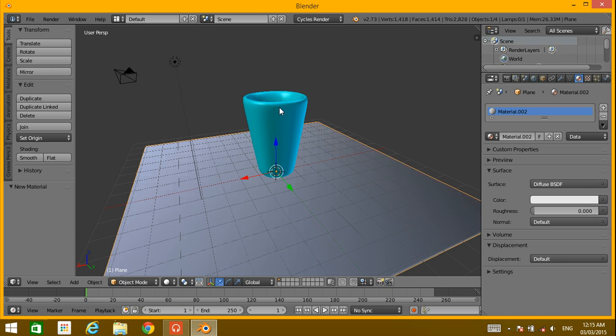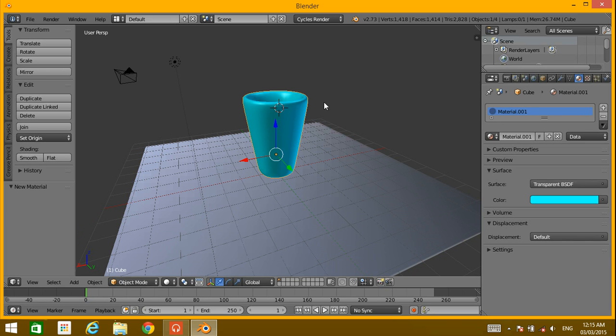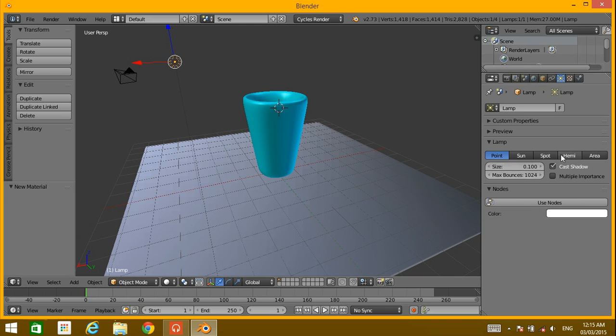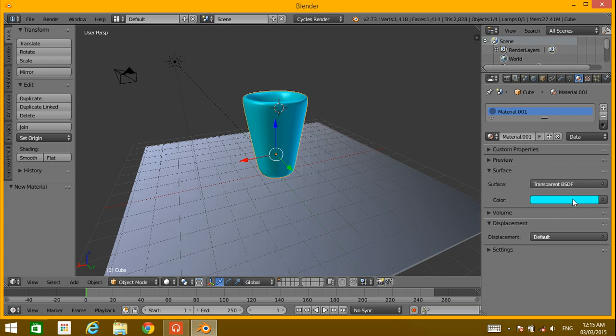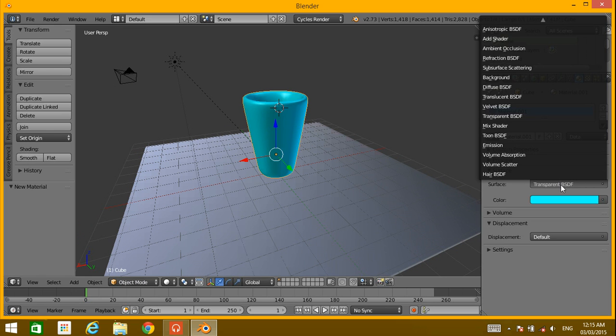So for that I just select it again, and here I'm gonna change it from transparent BSDF. Actually, I'm gonna select glass. Alright, it will be better.